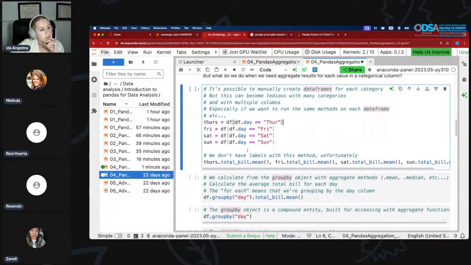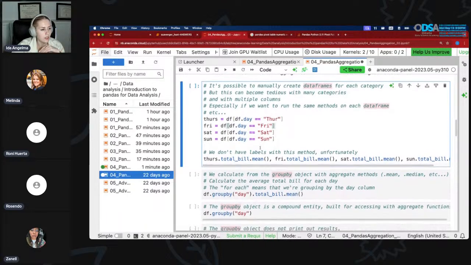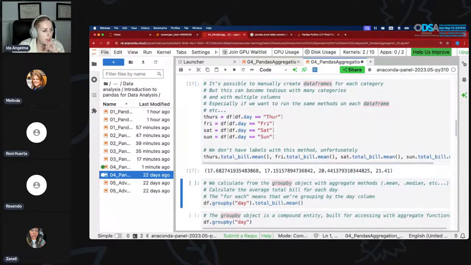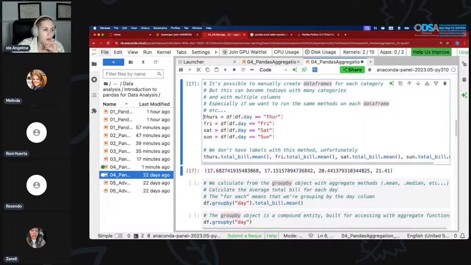Okay, let's see what we're looking at. So Thursday, we're basically creating subsets of the rows. So Thursday equals all the rows that day equals Thursday. Friday equals all the days that equals Friday. And then we can do Thursday total bill mean, Friday total bill mean, Saturday, and so on. And a better way to print this out would be to create a loop, including inputting these into an array, looping through them, and then getting,